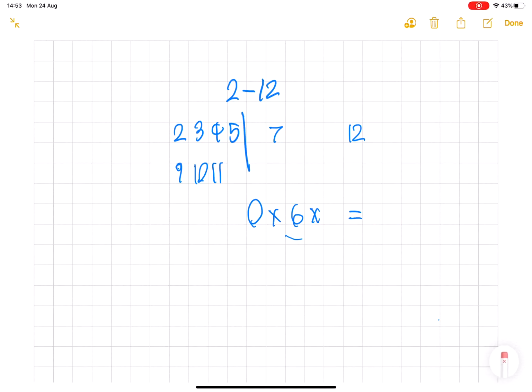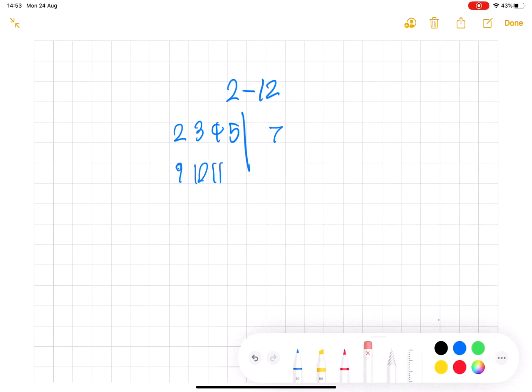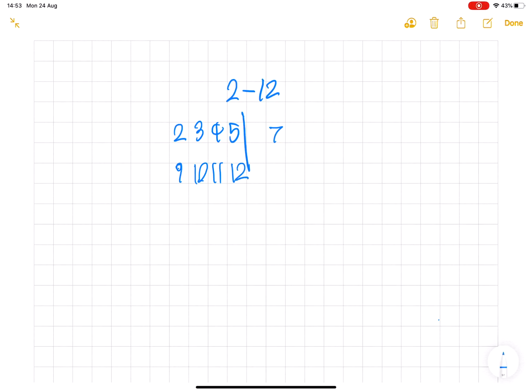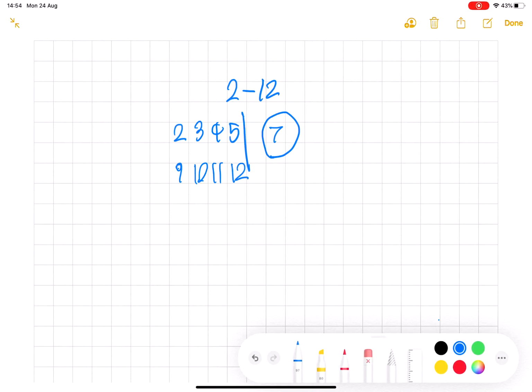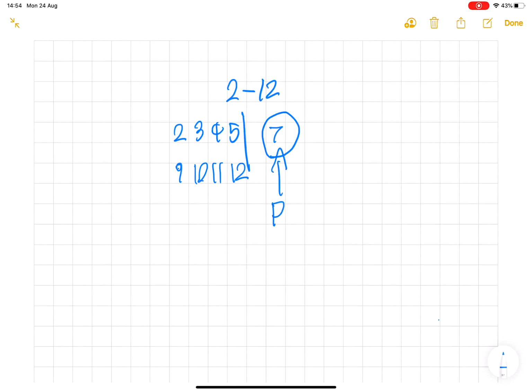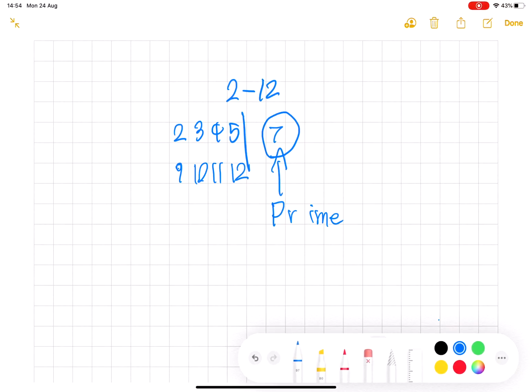Now after that we have the last number, which is 7, which is kind of hard, to be honest, because counting the multiplication of 7 is hard, because I have to think it through. Since 7 is a prime number, if you don't know what a prime number is, it's just a number where there's only one way of multiplication,